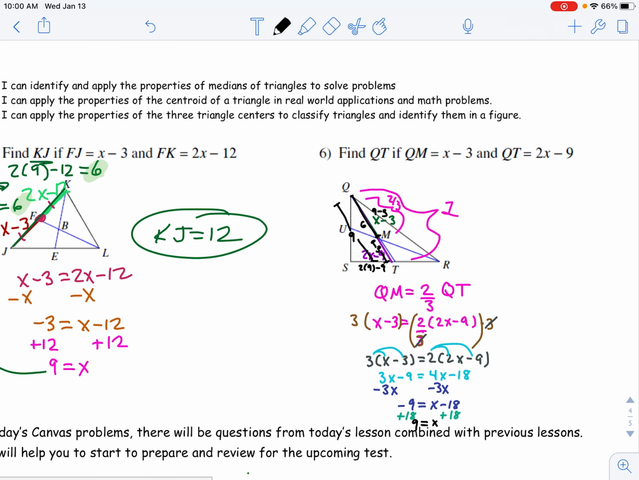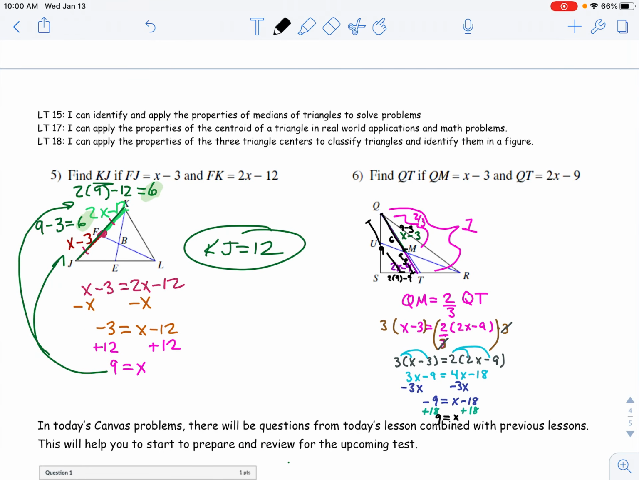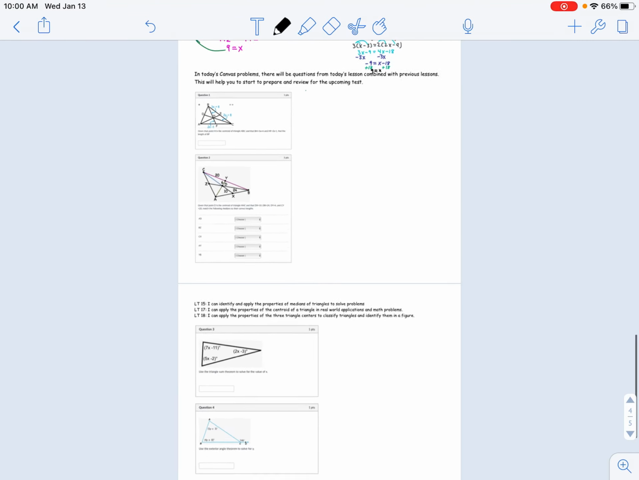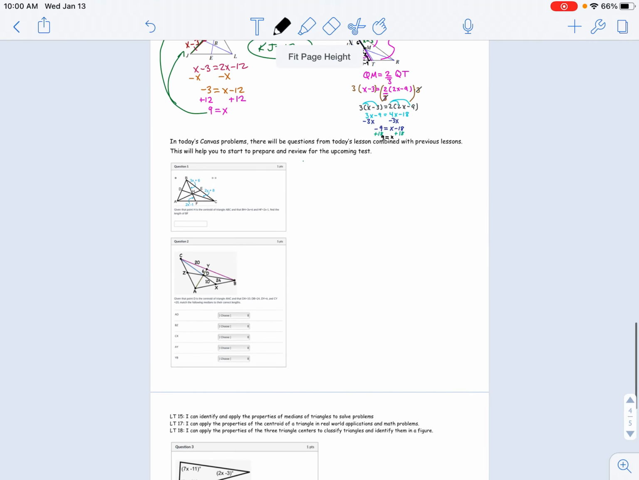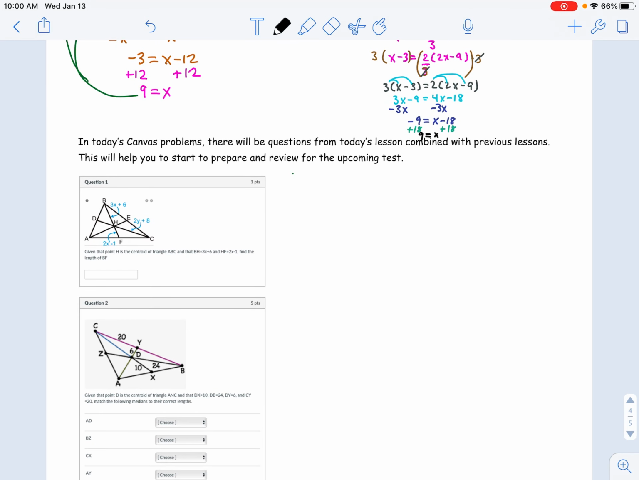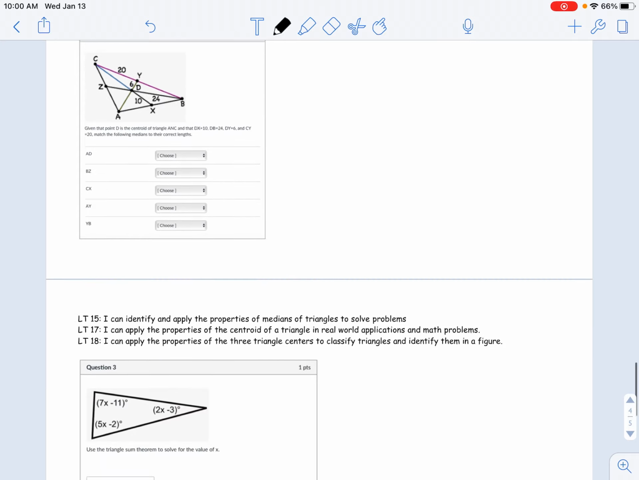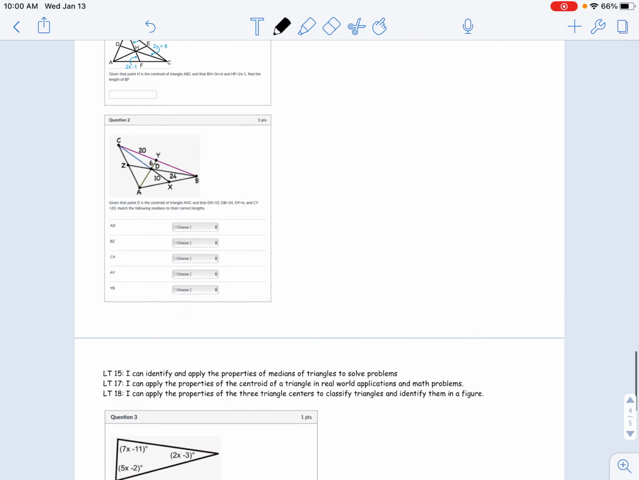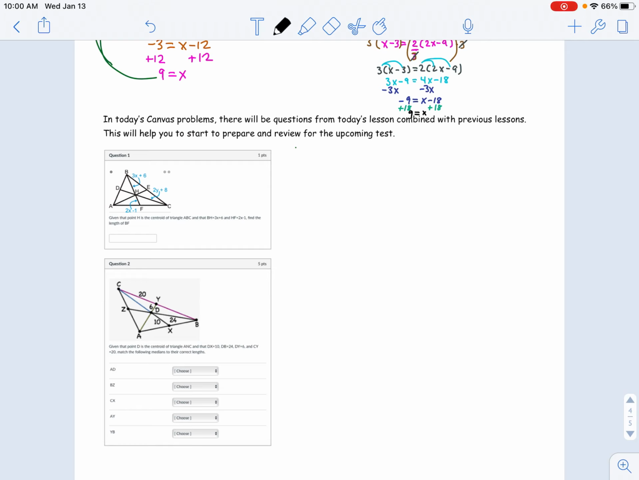All right, so some intense algebra stuff. Remember, at the end of the day, the centroid is the balancing point. All right, got some really cool, fun problems for you. And also some of these problems in Canvas are going to help us start to prepare for the upcoming test. So don't be surprised when there's triangle sum, exterior angles, base angle theorem stuff. We want to start to review for the upcoming